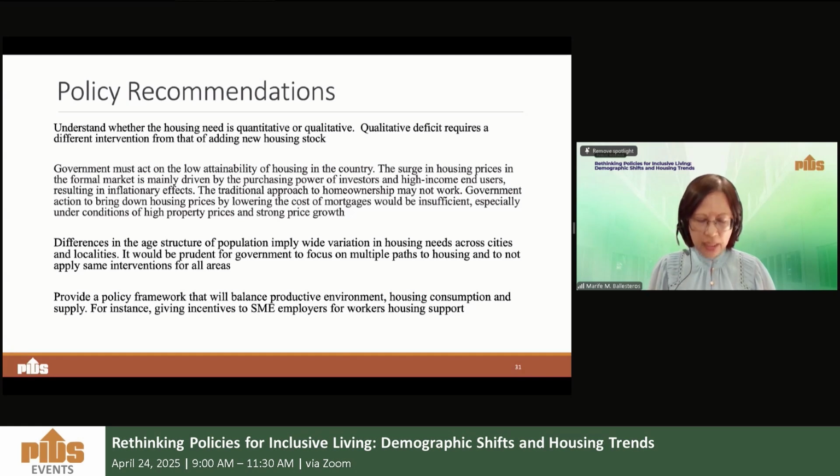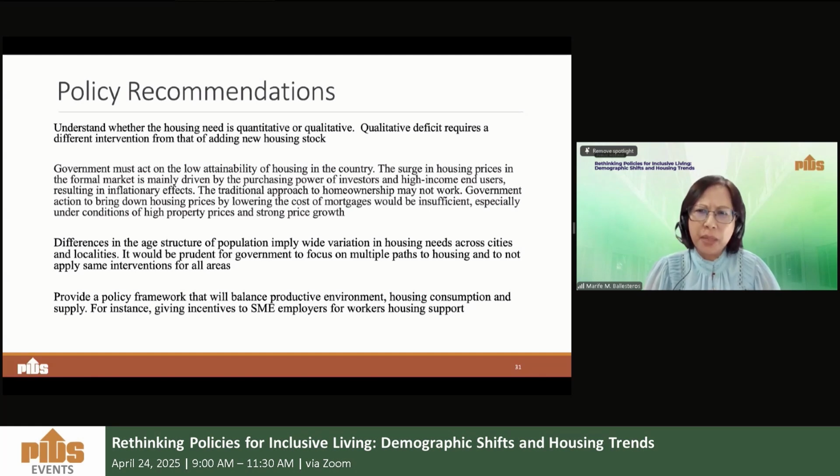So first, I think the way government responds to backlogs has always been on production. And it has actually been a justification to increase the budget for production of housing. But is it really a quantitative issue or is it a qualitative issue? We say backlog and all that, but we see that there are different dynamics.